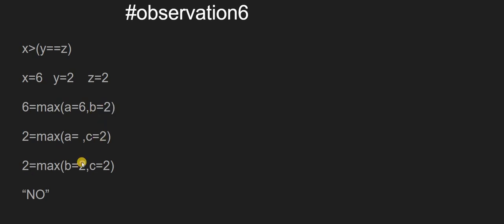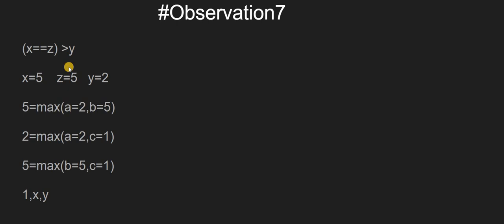So z equals to max of b comma c. So I have taken b equal to 2. So now I should take b equals to 2 and c is equals to 2 or c equals to 1. Nothing matters. So if we take c equals to 1 or 2, we can't find the a because here y should be 2. Y is 2. So we can't find such possible ABC. So we have to print no.